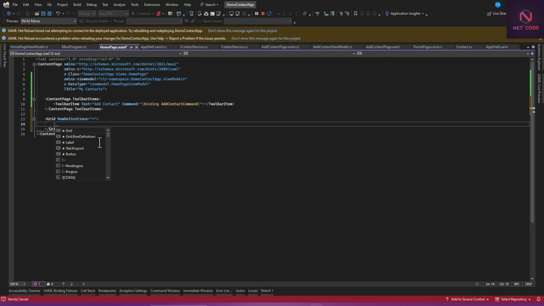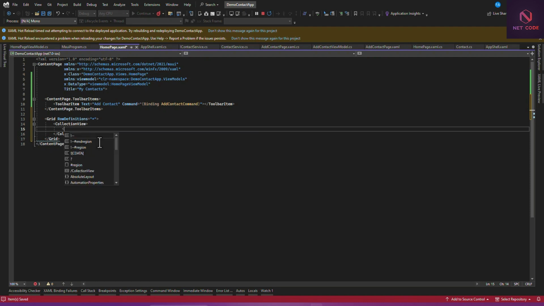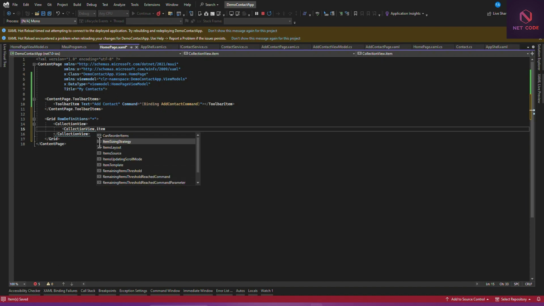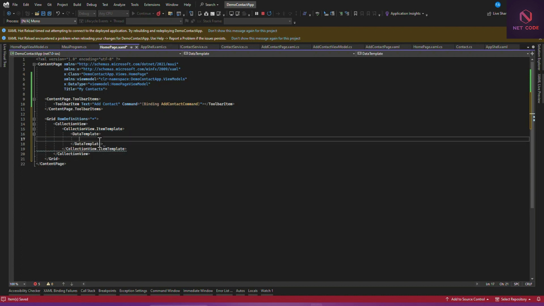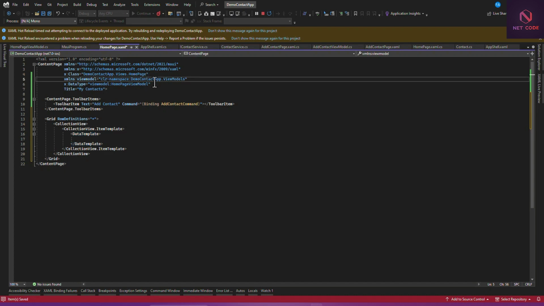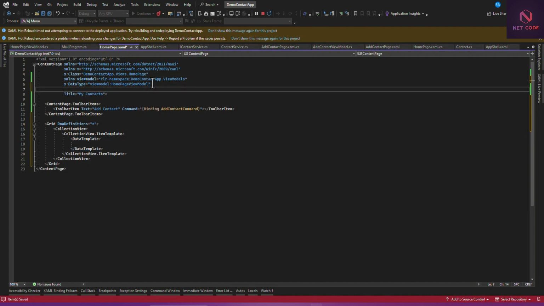In that we have collection view, and on this collection view we have collection view dot item template. So in that we have data template. So in data template, let's add the models here. So X, then you're gonna say models is equal to